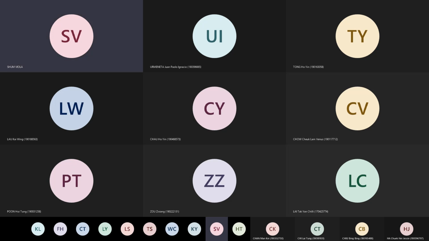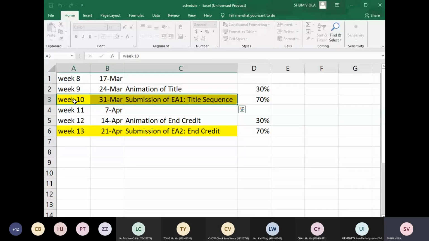Some of you have submitted the work so that I can give you the feedback if you did correctly or did wrongly. But wait for a moment, I'm unzip your file right now. 啲 file 因為片啦，所以有啲大。